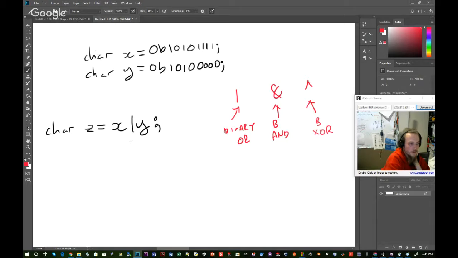Now, the best way to solve these problems using binary, if you get something in the exam or you just want to solve it yourself, is to get the 2 values, so the left and the right-hand side of the operator, and stack them on top of each other. So X is 1 0 1 0 1 1 1 1, and then the Y is 1 0 1 0 0 0 0 0. And then all we do with our OR is